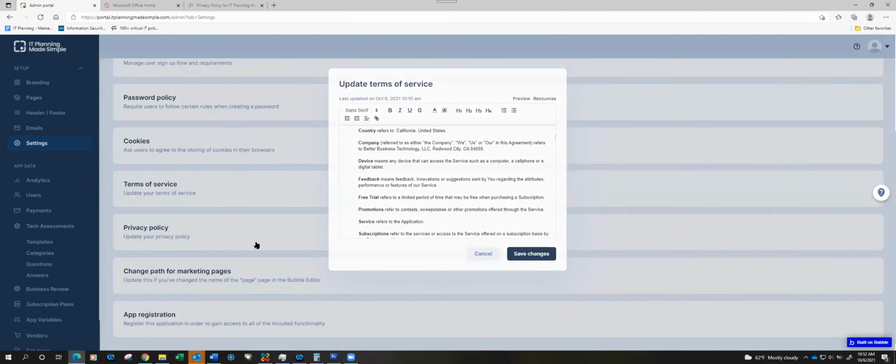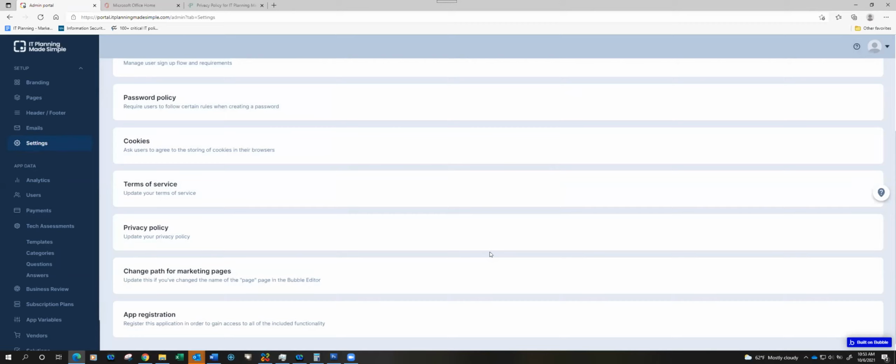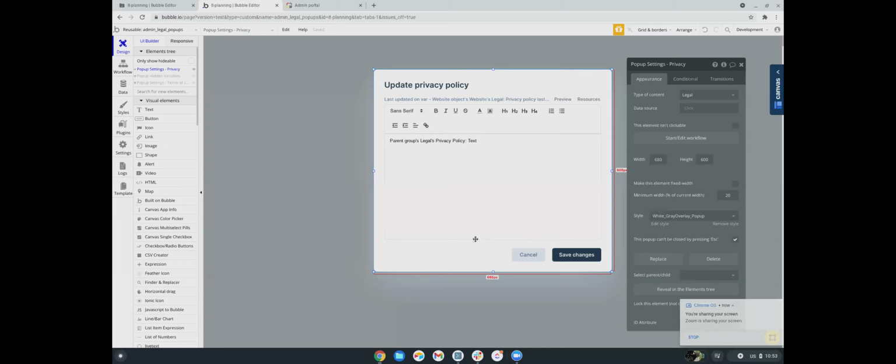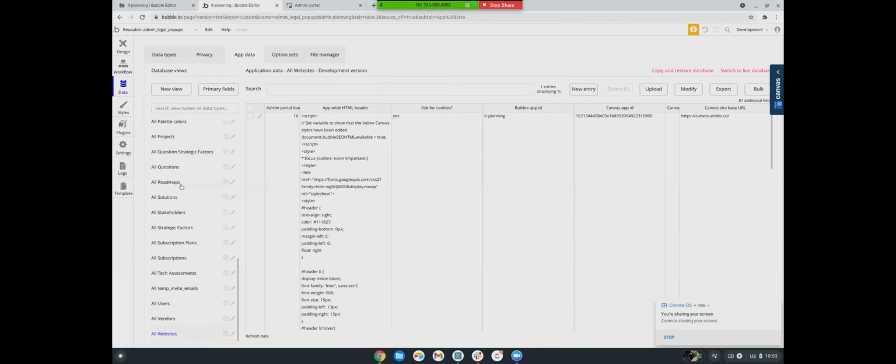Okay, is the privacy policy empty? It is empty, yes. Okay, let me go back and see what I did wrong. Parent groups, legals, privacy policy text. And if I go to